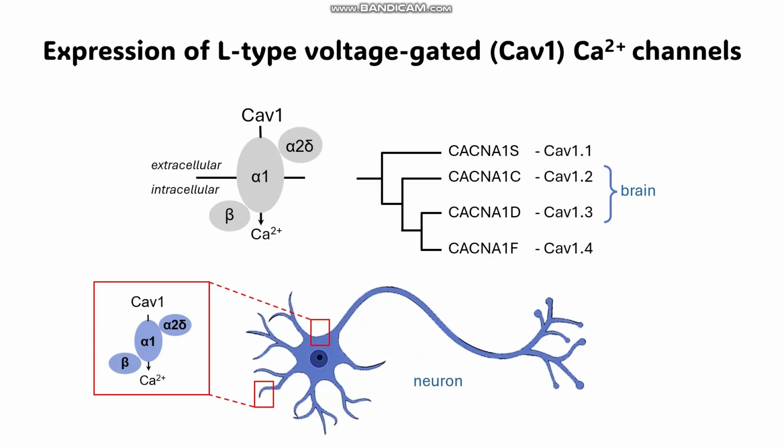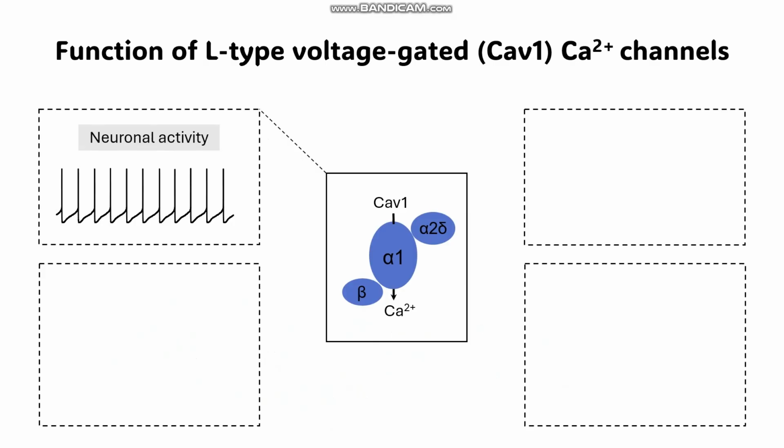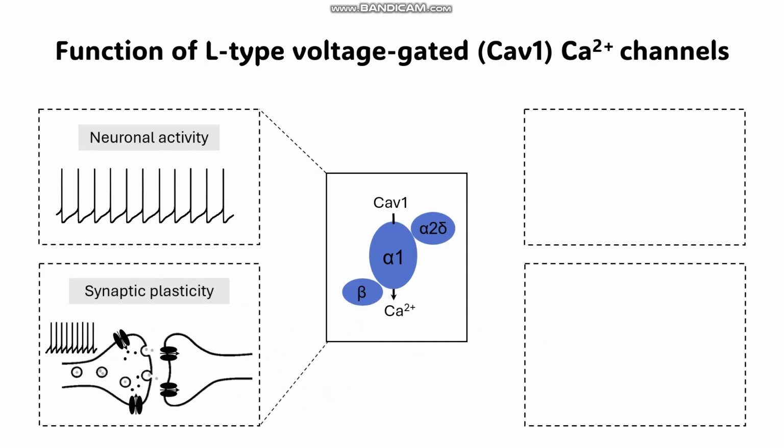In neurons, L-type channels translate membrane depolarization to long-term changes by triggering calcium-dependent signaling cascades. For example, L-type voltage-gated calcium channels shape neuronal firing by modulating membrane depolarization. Moreover, the calcium influx through these channels tunes synaptic plasticity, a process that underlies long-term potentiation and depression involved in